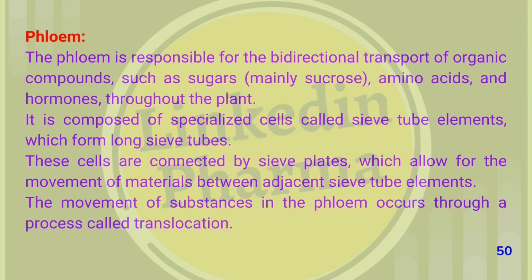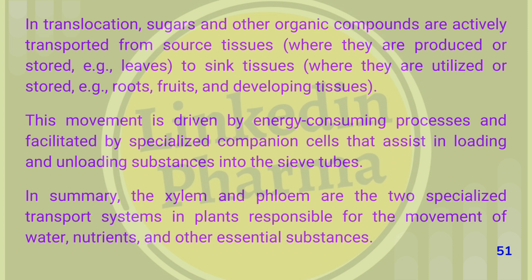The movement of substances in the phloem occurs through a process called translocation. In translocation, sugars and other organic compounds are actively transported from source tissues, where they are produced or stored, e.g., leaves, to sink tissues, where they are utilized or stored, e.g., roots, fruits, and developing tissues. This movement is driven by energy-consuming processes and facilitated by specialized companion cells that assist in loading and unloading substances